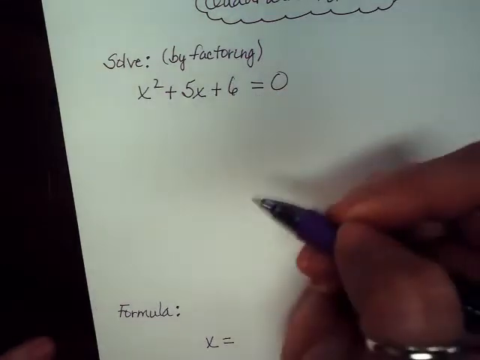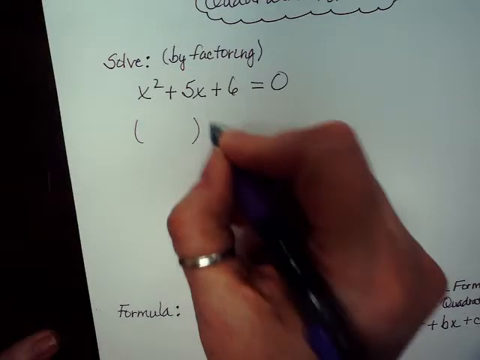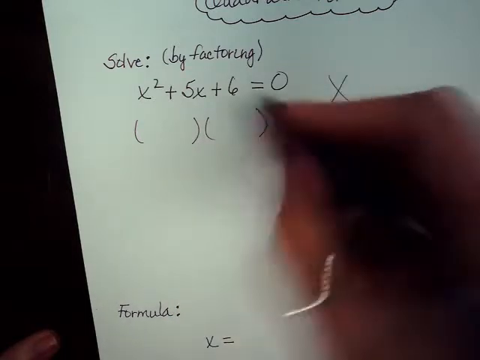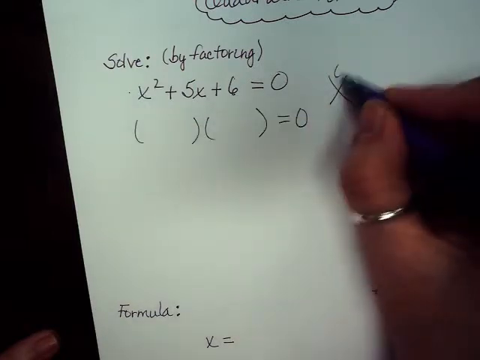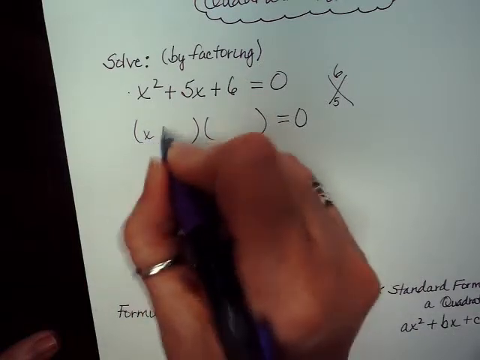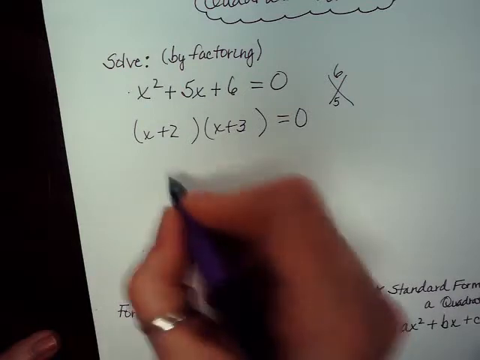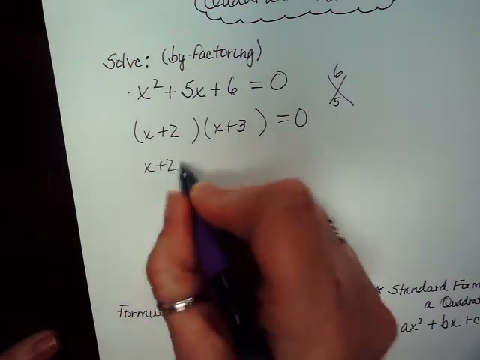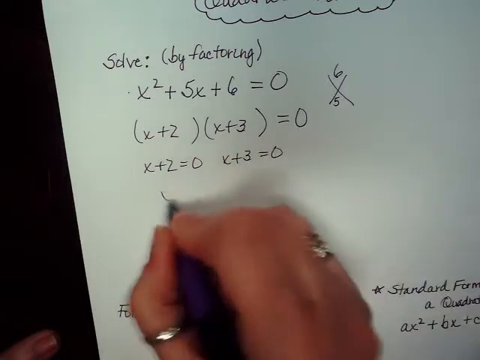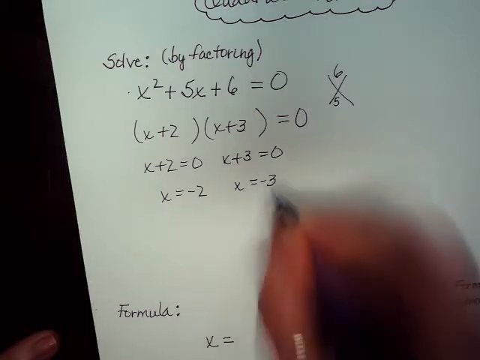So if I remind you of this, you would put it in factored form, which for some of you means using that x, where you multiply the first times the last to get the top, the middle is the bottom, all that stuff. So you're going to get x plus 2 times x plus 3 equals 0. And then you set those equal to 0 and you solve them. And basically what you've done is figure out the two locations where it crosses